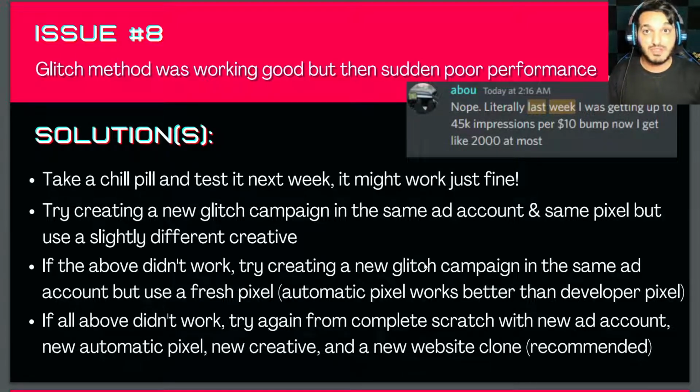Now if you did all of the above and it's still not working, that could either mean your product is now dead because you just promoted it so much on TikTok and so did other people, and now the product is saturated and all the buyers have bought it, so you gotta move on. But if you don't believe that's the case and you believe there's still more juice to squeeze, then try again from complete scratch with a new ad account, new automatic pixel, new creative, and for sure, create a new website